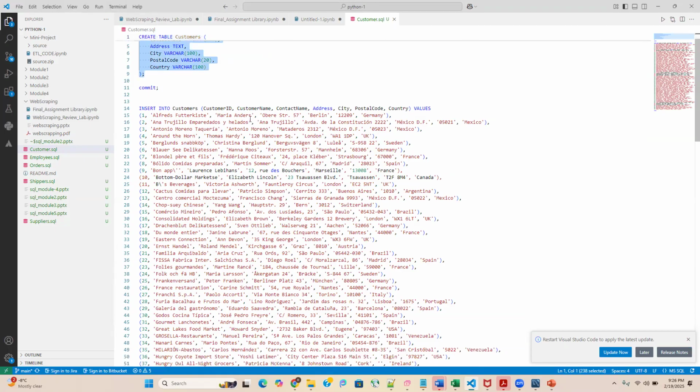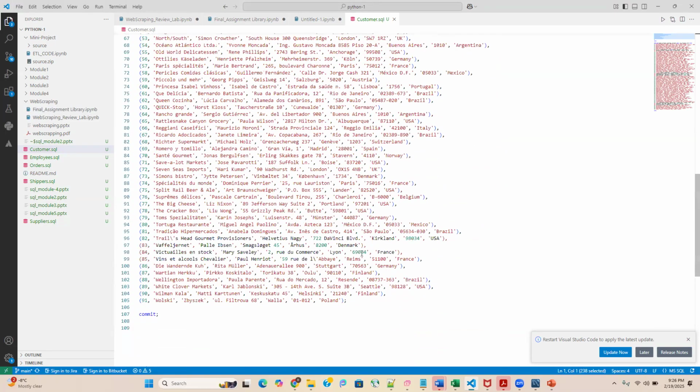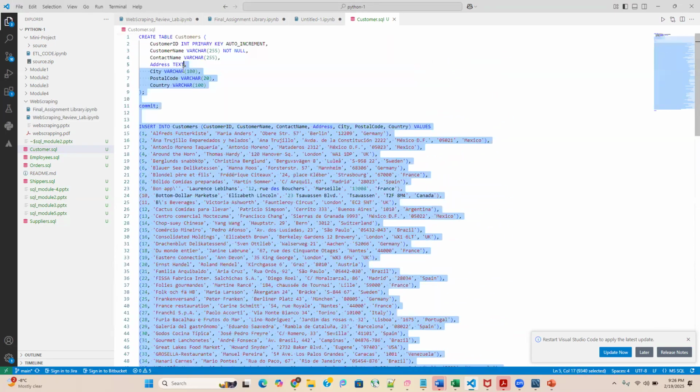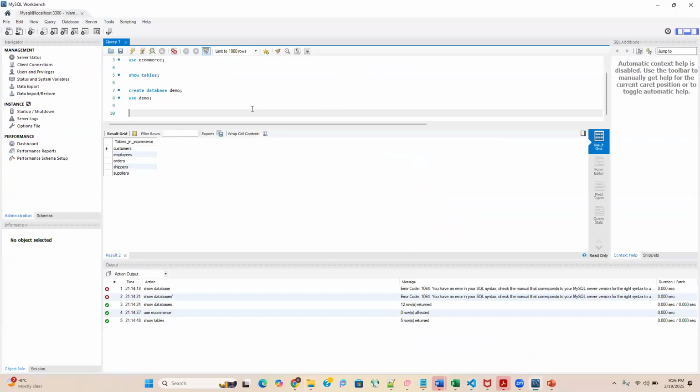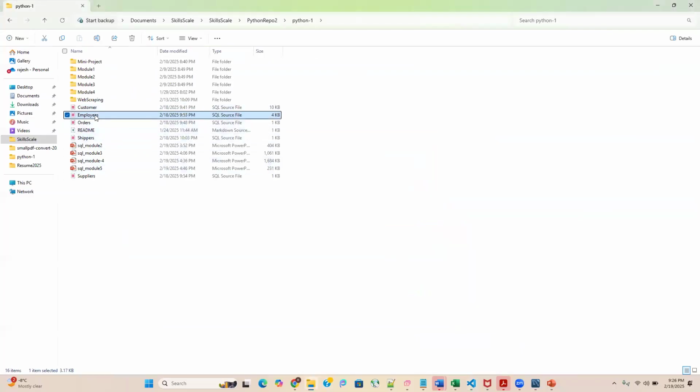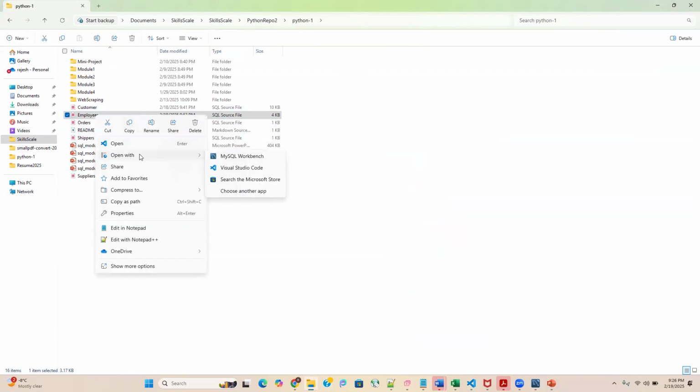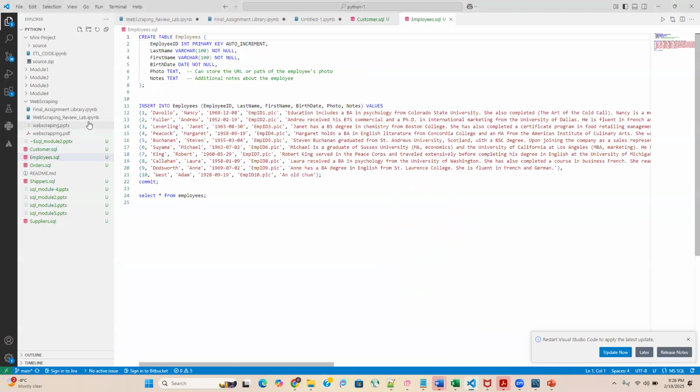Okay. Then this is a DML statement. What we are doing is inserting almost 91 customers into our records. I could have shared this yesterday itself, but I asked people to do it by themselves, but nobody is here today. Okay, so once you use that, you can see we have a customer table, employees table, order table. Similarly, you need to create all the tables, but you need to know the order of the tables so that you can